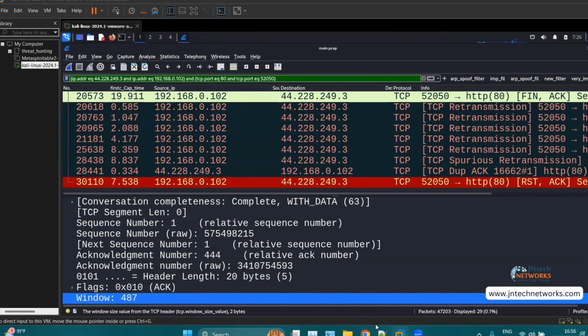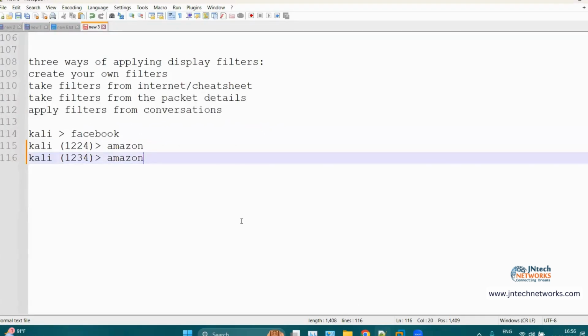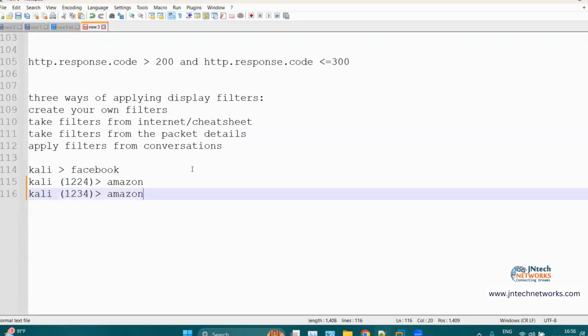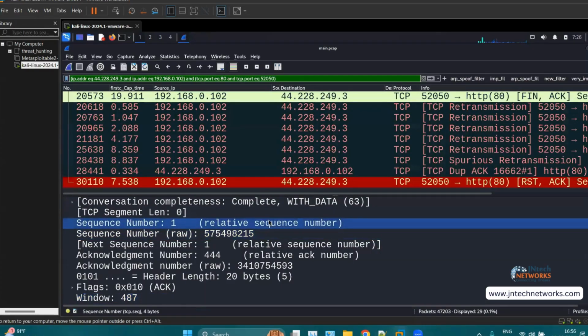So we have four ways of applying a display filter. We can take from the internet. We can create our own filters. We can take filters from the packet details, and we can apply filters from the conversations. There's one more option here. From the packet details, we can add